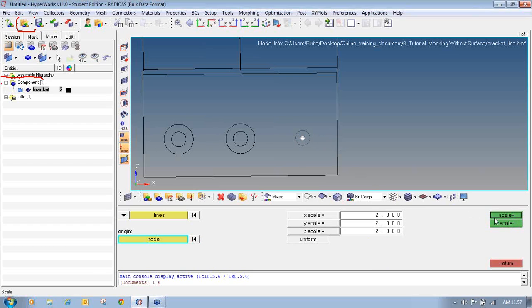If I click on scale positive, it will scale the original line, but I want to scale one different line and keep this original circle as it is. So I will click on scale negative to move back to the original position.